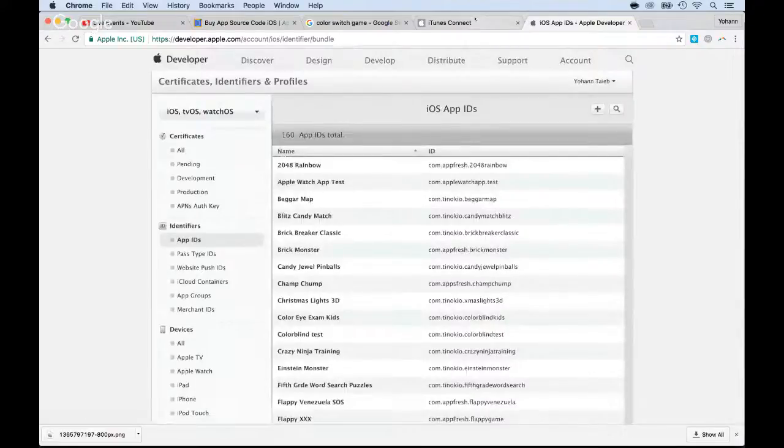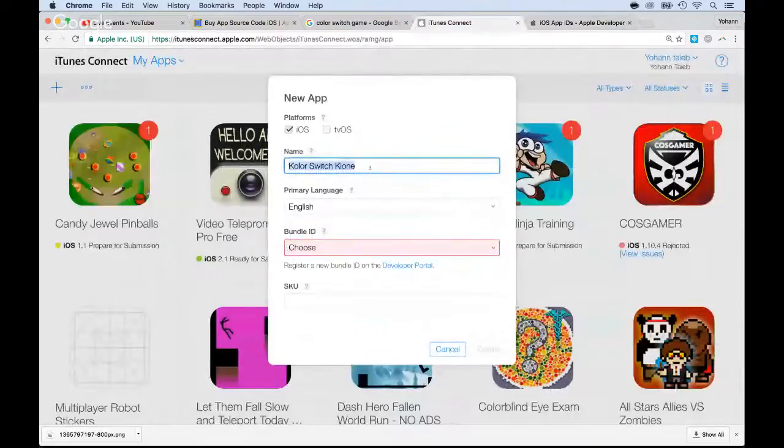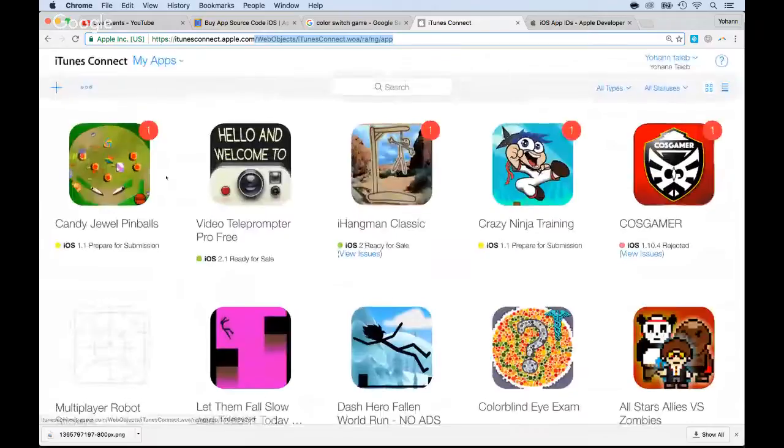Now I can go back to iTunes Connect. And now I'm going to press Command R or refresh. So you can refresh this page. Make sure you refresh this page so that you're able to get there. If somehow it doesn't work, that's okay. I can always, okay, here it comes. It took a while. So click on plus,